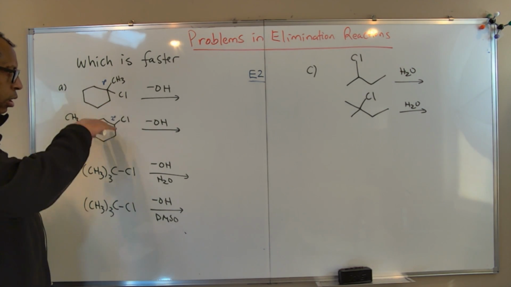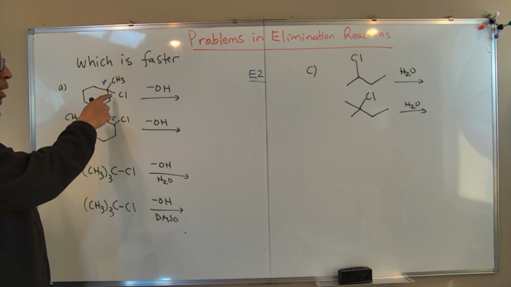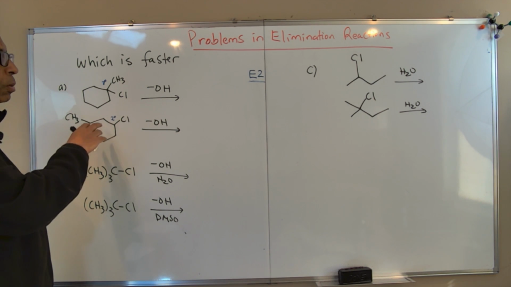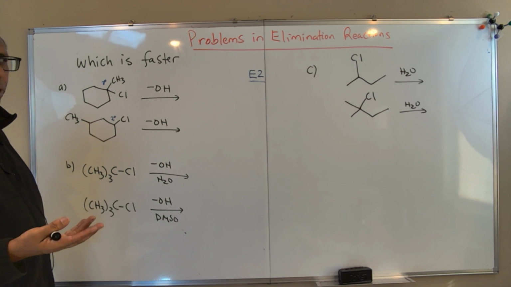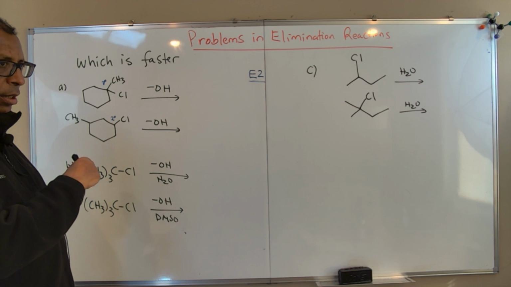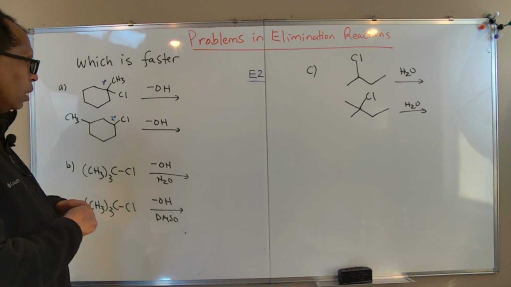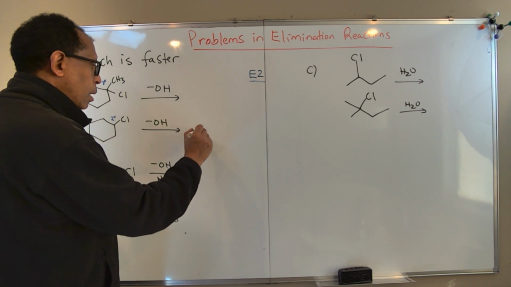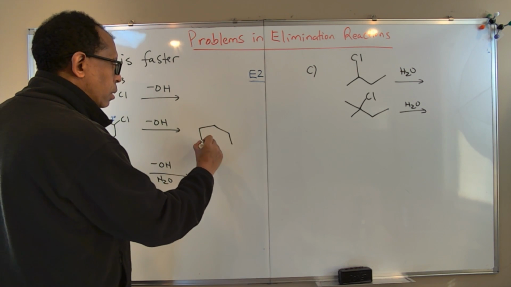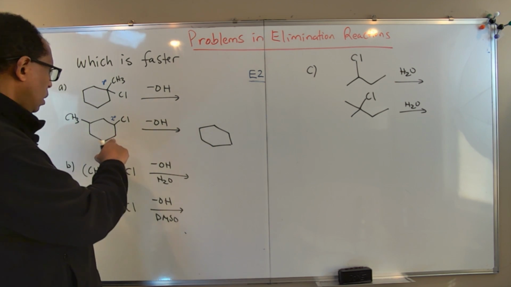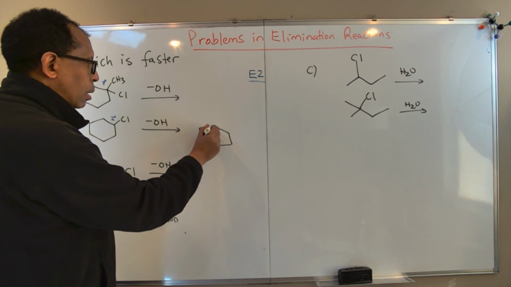For an E2 reaction, between the secondary and tertiary, if you compare them, secondary should react much faster. That's what we just discussed in the previous questions. So I would say this is faster, and the product looks like it could be either this,